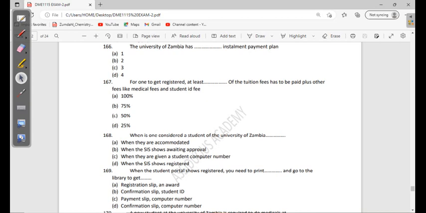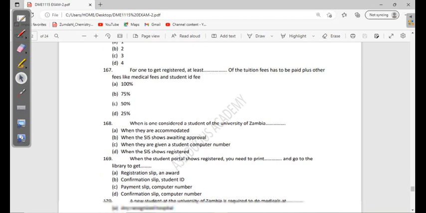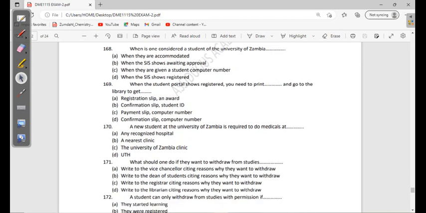When is one considered a student of the University of Zambia? When they are accommodated, when the SIS shows awaiting approval, when they are given a student computer number, when the SIS is registered. So when you check your student information system and it shows registered, then you are a student at the University of Zambia. And for that to happen, it means you would have already paid some amount that